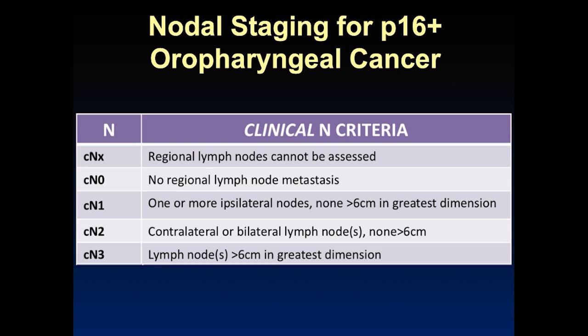If you have multiple ipsilateral nodes, as long as none of them are bigger than 6 centimeters, that's N1 disease. If you have bilateral or any contralateral lymph nodes, again, nothing that's bigger than 6 centimeters, that's N2 disease. And if you have anything bigger than 6 centimeters, and these have to be in the greatest dimension, that's N3